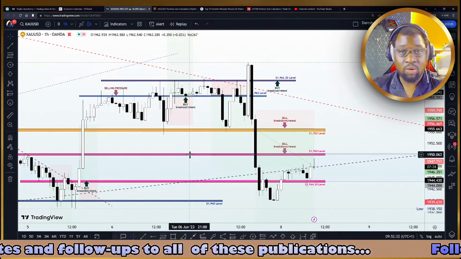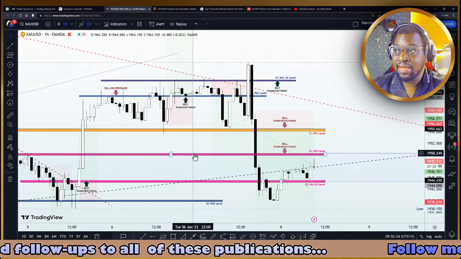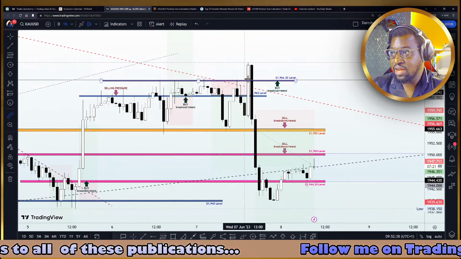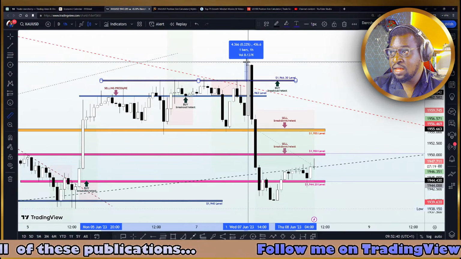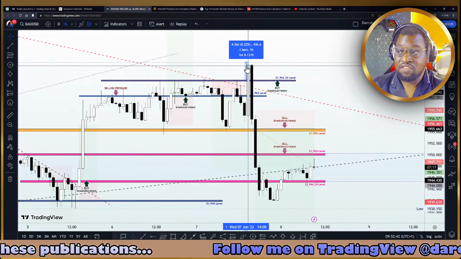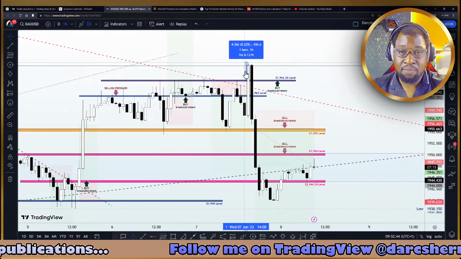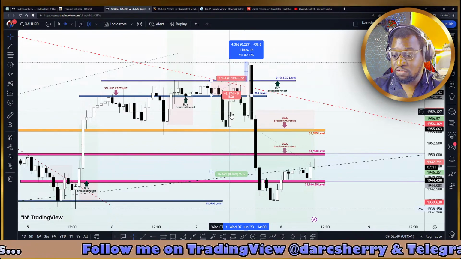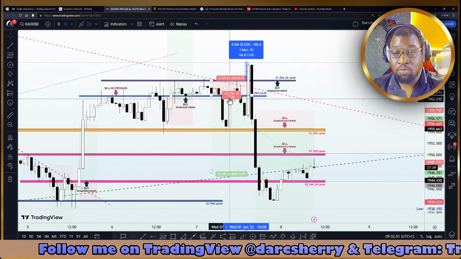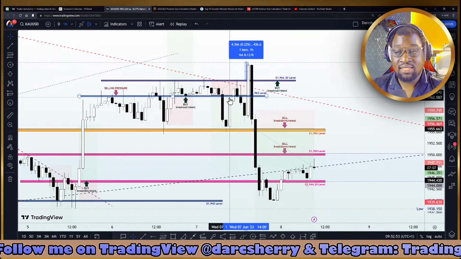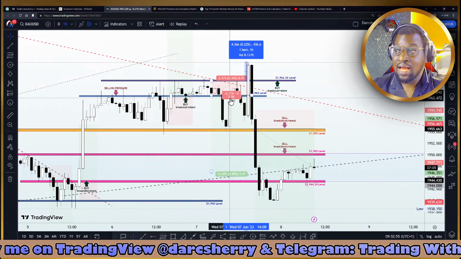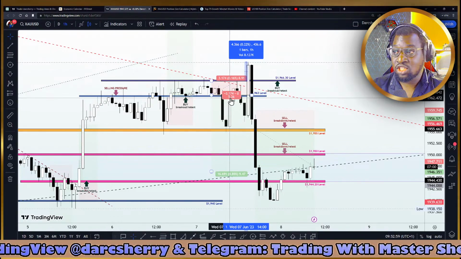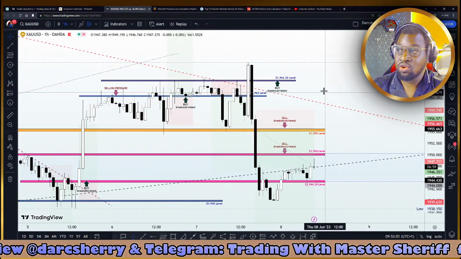And look at what happened here. We saw the breakout of the resistance line at the 1,966 to trigger our buy position, and price action moved about 43 pips in our favor before this huge engulfing bearish candle took us out of that position. Well, if you are smart enough and you had moved your stop loss, you might have been taken out at a worst case scenario break even. But for me, I left the screen, though I set my stop losses. I was taken out on a stop loss on that one,